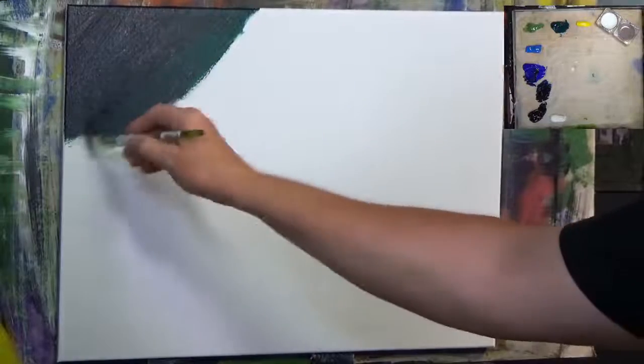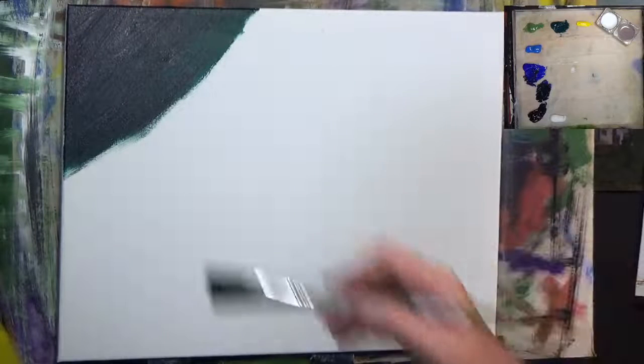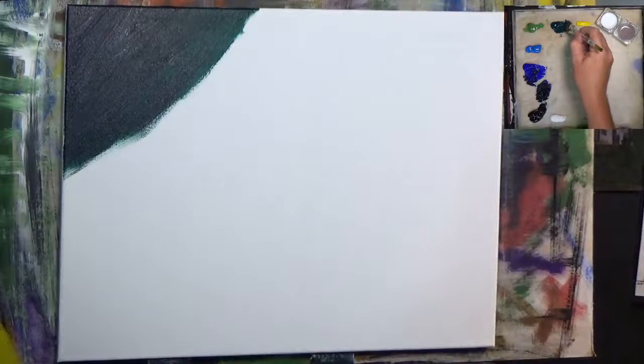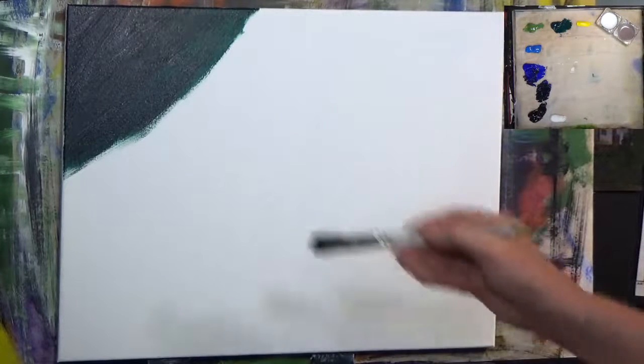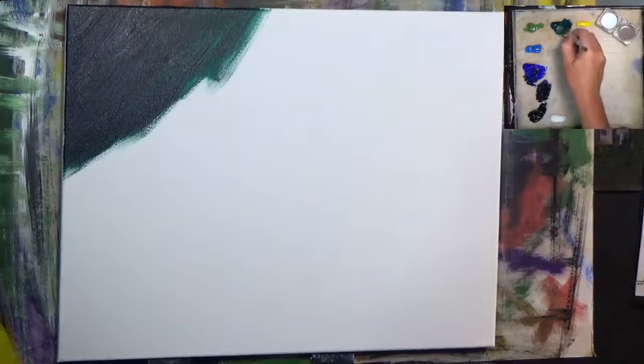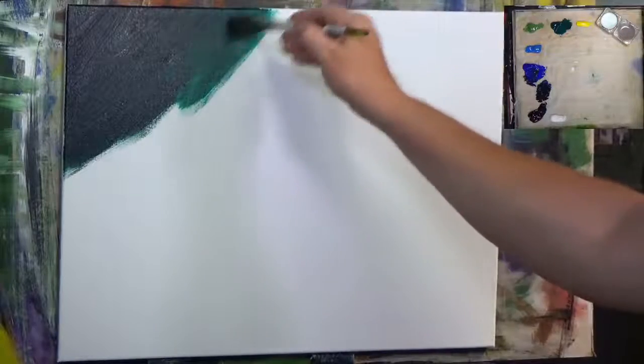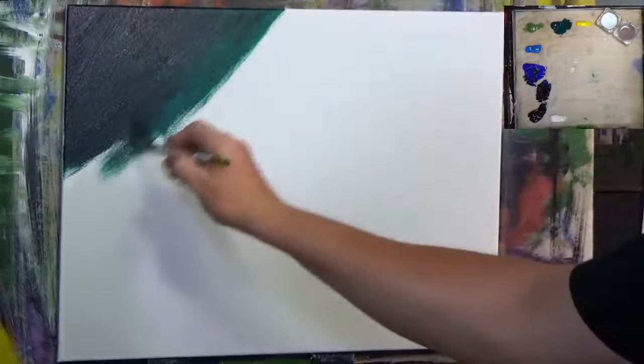Now the palette today consists of some Mars black, some ultramarine blue, some cerulean blue, some chromium green. If you haven't got any chromium green, don't worry, just use a light green, and some yellow. That's it. So I'm going to bring this